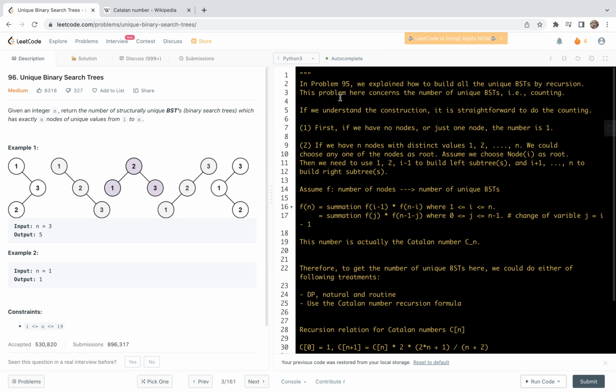Let's have a look at another unique binary search trees problem, problem 96. In this video, we're going to continue the video on problem 95. In problem 95, we explained how to build all the unique binary search trees by recursion. So this problem concerns the number of unique binary search trees, in other words, counting. First, I'll read through the statement to recall the requirement, then we analyze the problem, and finally we